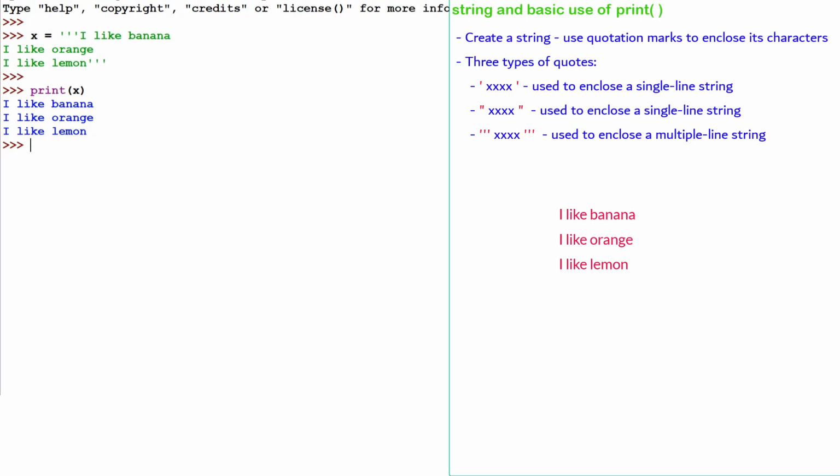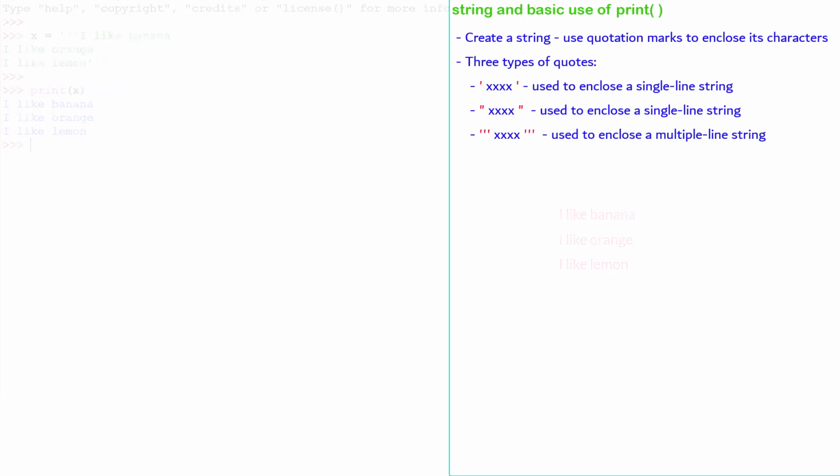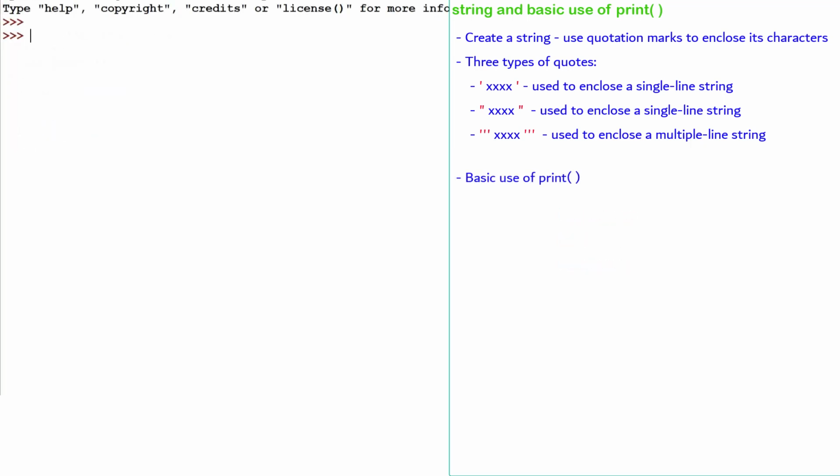OK, now let's proceed to the next topic in this video. Basic use of the print function. We have been using the print function in the recent videos. Let's take a closer look at it in this video. This is the format of the print function. Let's just focus on these